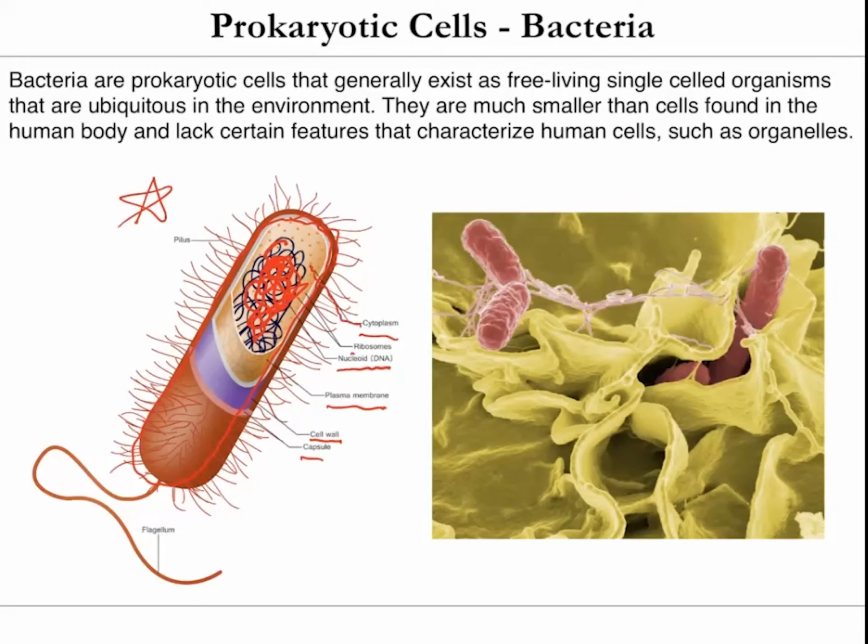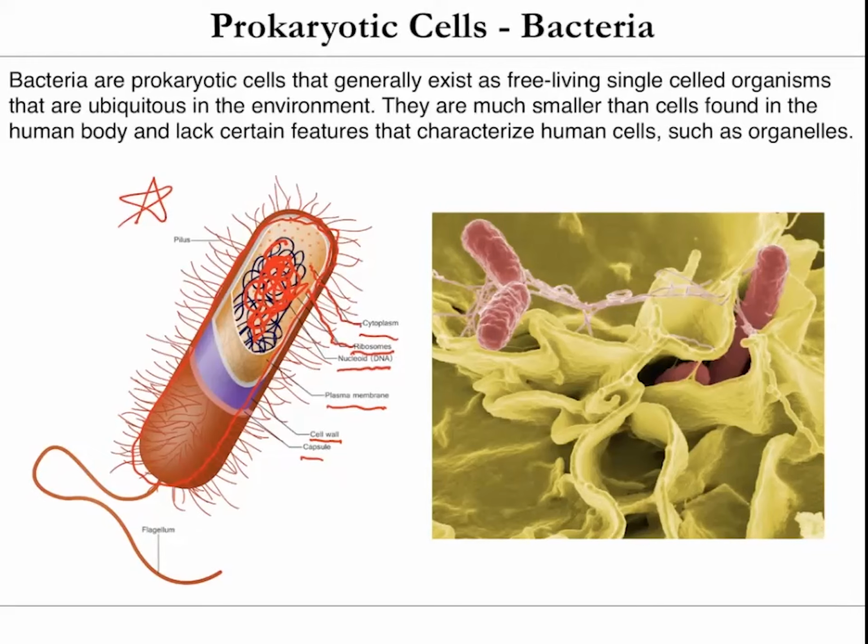And then the ribosomes. This DNA is going to get transcribed into RNA, and then the ribosomes are going to be responsible for translating that RNA into protein. They're in the same cytoplasm as the DNA. So we talked a little bit about that in the other lecture. But the ribosomes are basically right by the DNA. So you can make RNA from the DNA, and then that RNA, even while it's being transcribed, can be translated into proteins in bacteria. So this allows them to do this very quickly.